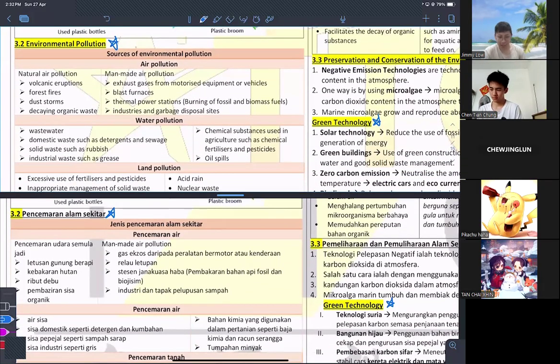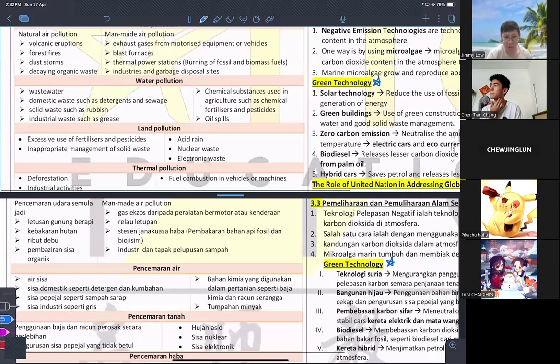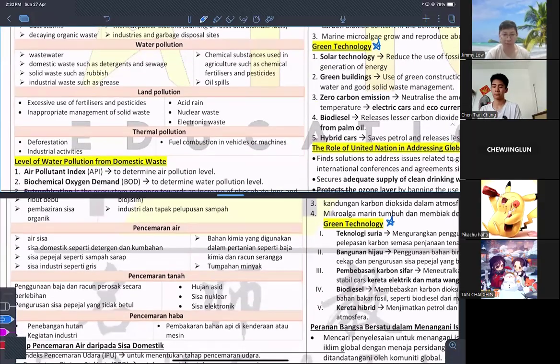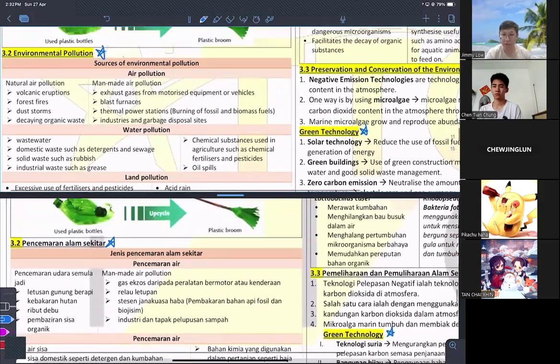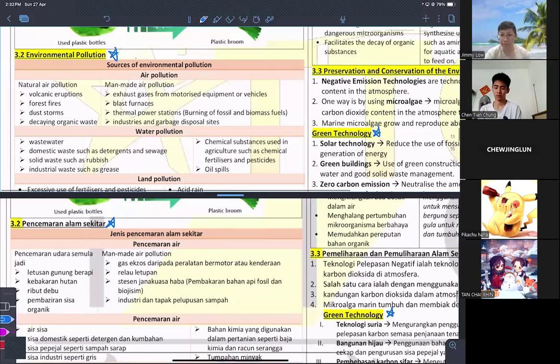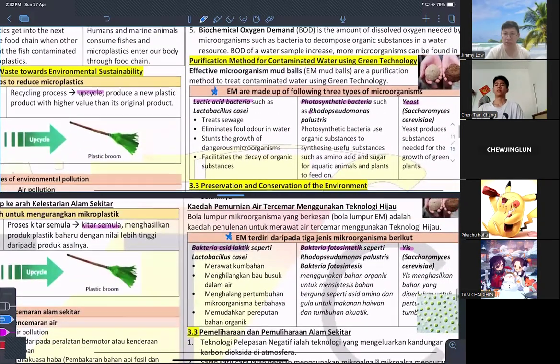Then environmental pollution. This one is actually super important, but since common sense will tell you the answer, you know what pollutions we have: air pollution, water pollution, land pollution, and so on. You just bring it into your common sense. No need to waste time here. But make sure you know we have something like this. So I give you a star, actually it is worth 3 stars because it is too easy already.